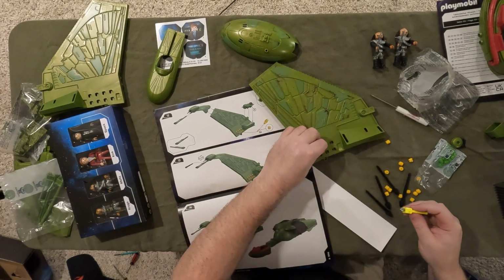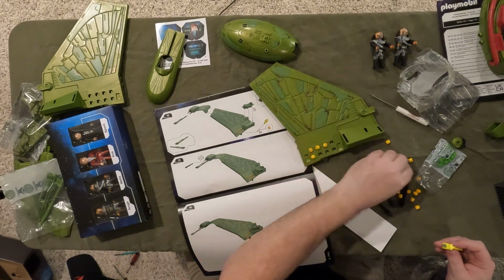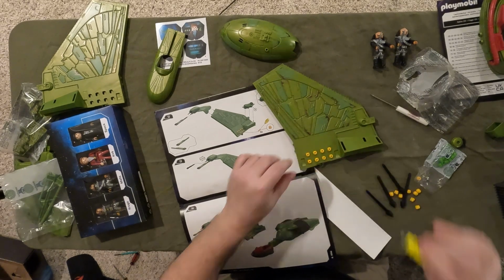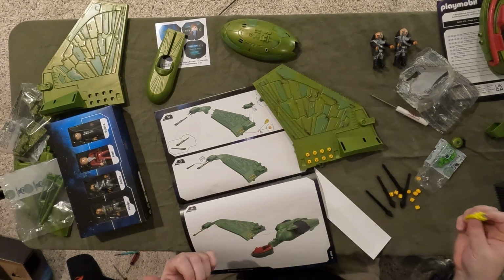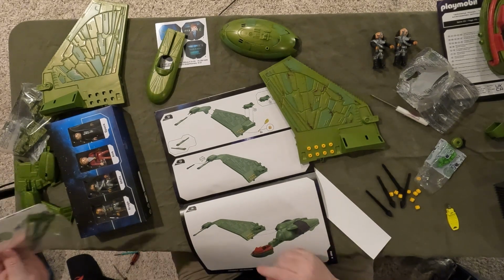So it helps you pop them in there so you don't have to wiggle around too much with your fingers, which makes sense. And boom. So that's how it should have gone with the Enterprise. We didn't have that. So, okay, so now I need